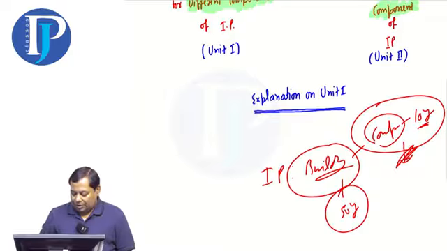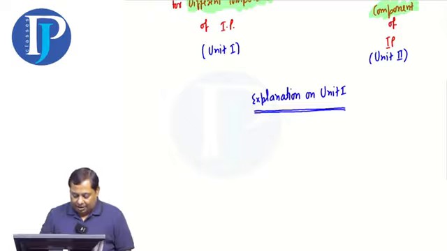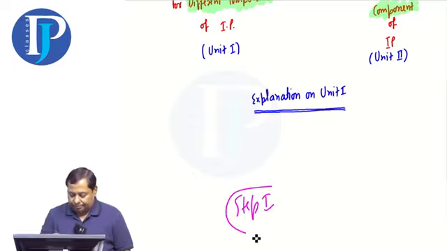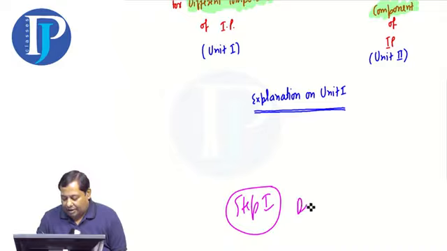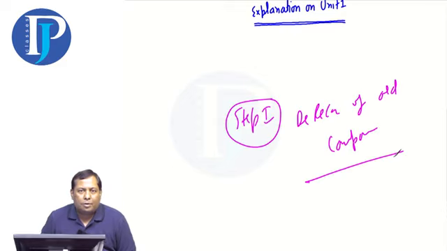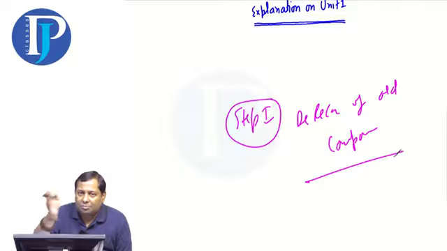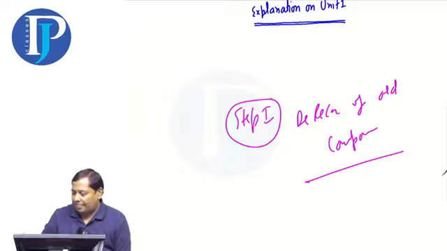Now listen to me carefully because I am teaching accounting and stories will not help. Accounting will be useful. So this is the first step, and that is the derecognition of the old component, the component that you are replacing. First remove the old one and the new one will come later. First, we will remove the old one. When we remove the old component, that process is called the derecognition of the old component.